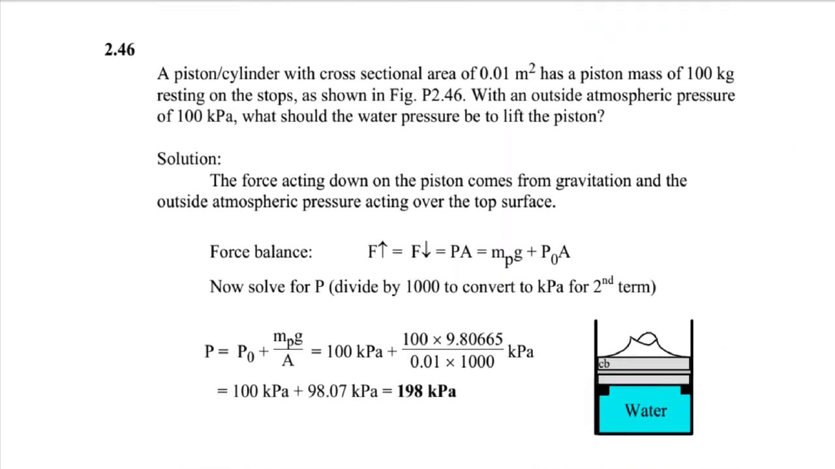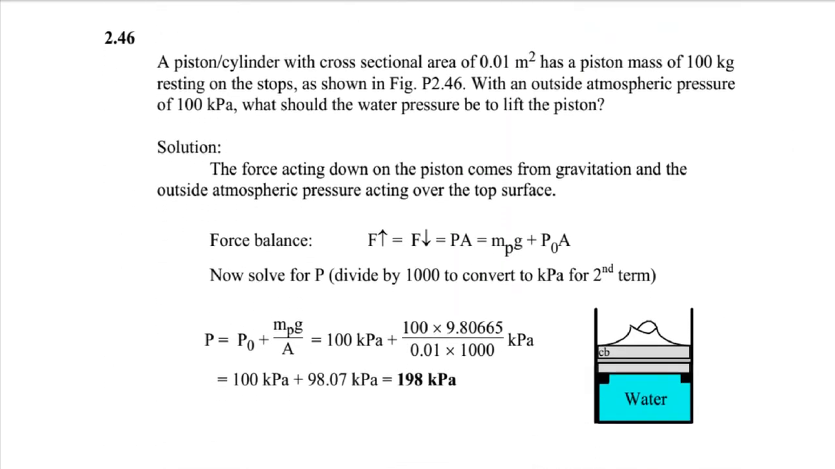Moving forward to another question. A piston and cylinder with a cross-section area of 0.1 square meter has a piston mass of 100 kg resting on a stop. You can check the figure. With the outside atmospheric pressure of 100 kPa, which is normal atmospheric pressure, what should the water pressure be